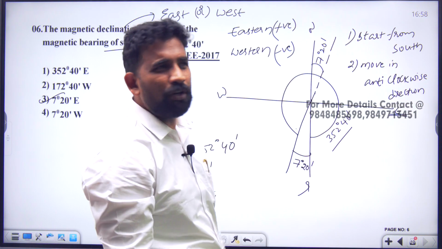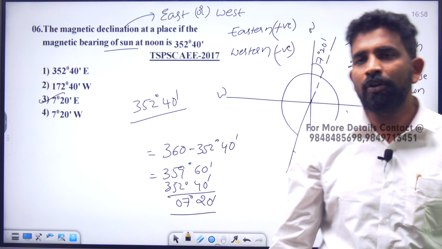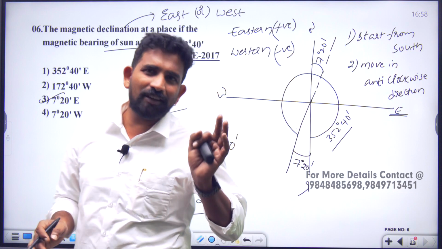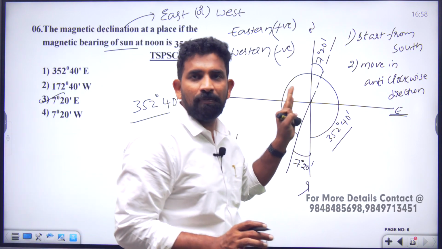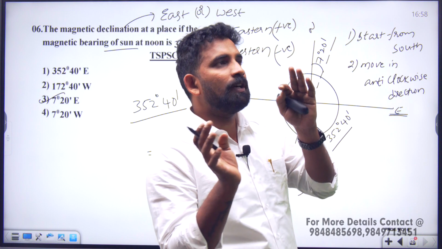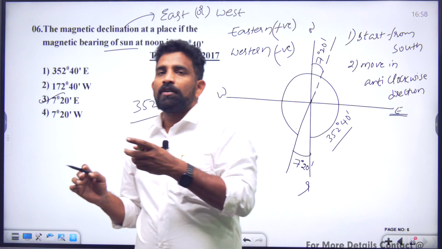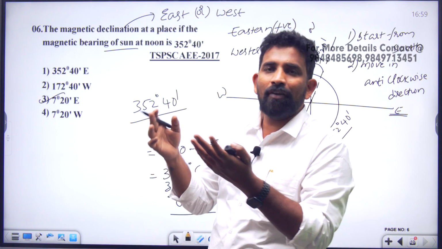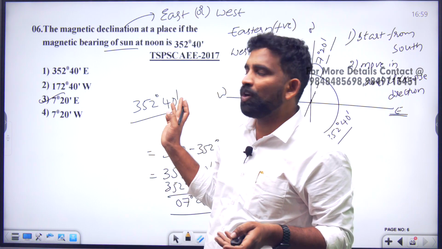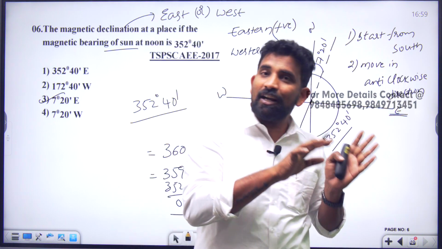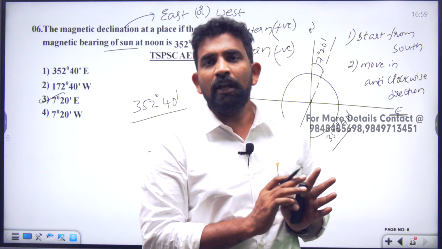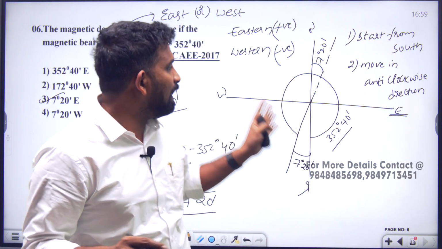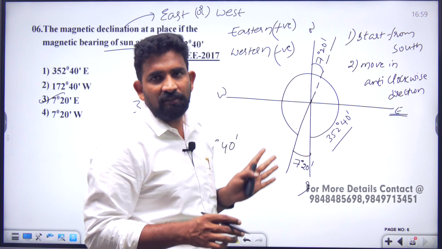Very simple shortcut. No need to use any kind of formulas. Very easily we will be able to solve the questions. Not only these questions, but whatever kind of question comes in whatever competitive exam, we need not have any tension for any kind of question that we observe in compass surveying, because we will be able to solve whatever the kind of question with whatever the kind of model. Without using any formula itself, we will be easily able to solve the questions comfortably in the complete area of surveying, not only in compass surveying.